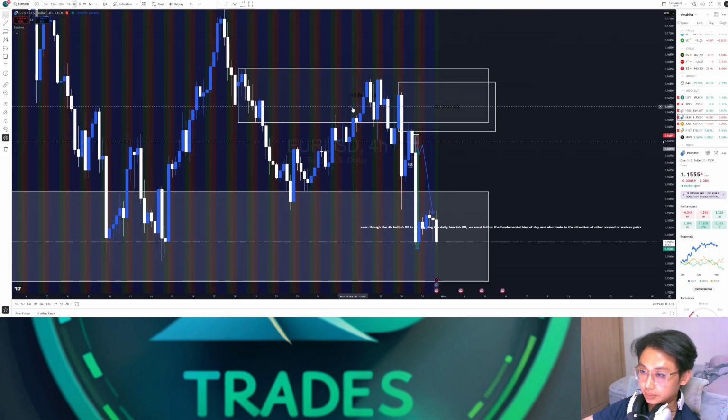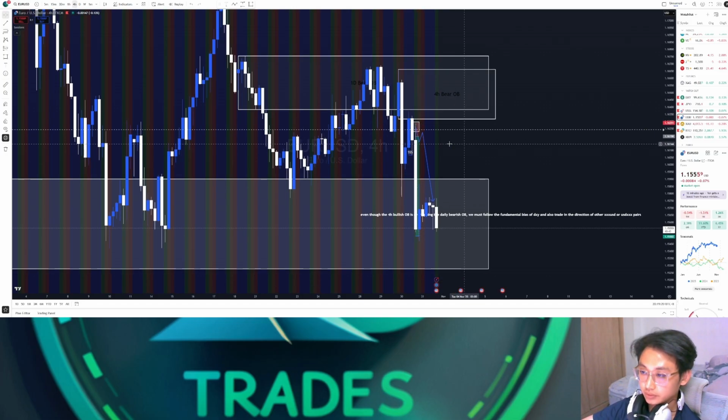You can see that we tap into the daily bearish OB, created a newly formed 4-hour bearish OB. So this will be our extreme zone. As price retraced, it didn't create any sort of bullish retracement. So price dumped all the way down. Okay, so you can see initially price came down, right? So you can say that it's a mitigation of the